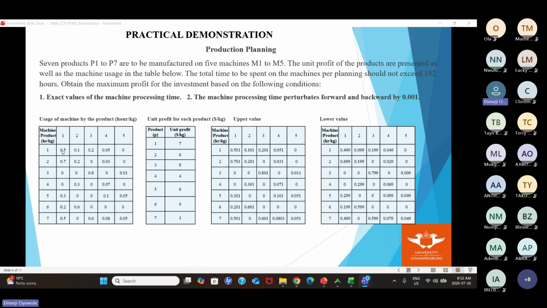And here, in this table, we have the unit profit. If you have product 1, the profit for 1 kg is $7. If you have product 2, the profit for 1 kg is, I mean, it's $6. And then you have it like that to product 7. Now, they asked in the question that